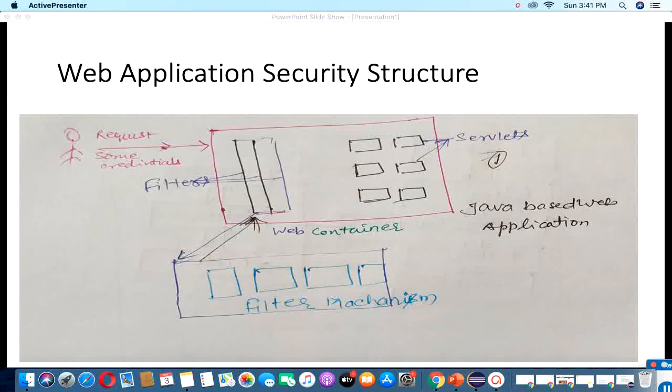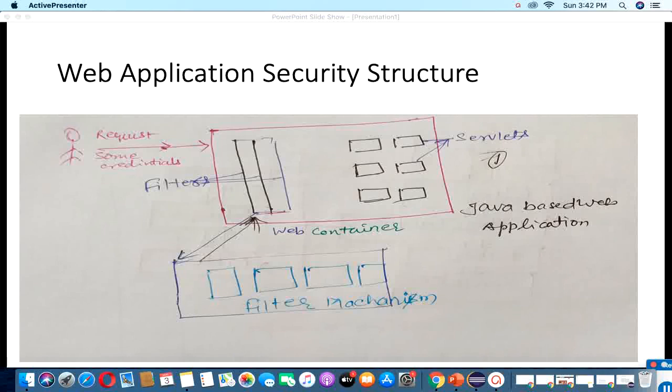In the JSP servlet there is the request filter, so the request filter is the security. When a request comes into the web container, it is first picked up by the filter, and inside the filter there are a number of security mechanisms. It checks whether the incoming request has a valid header and valid method or not. If everything is valid, then it is sent to the security filter's different types of mechanism layers.